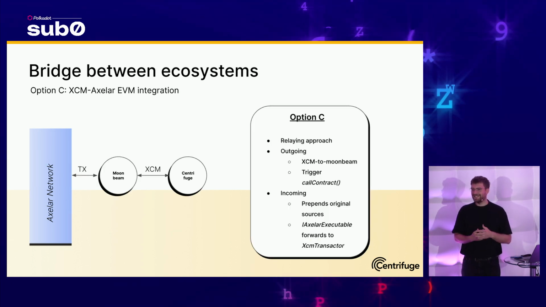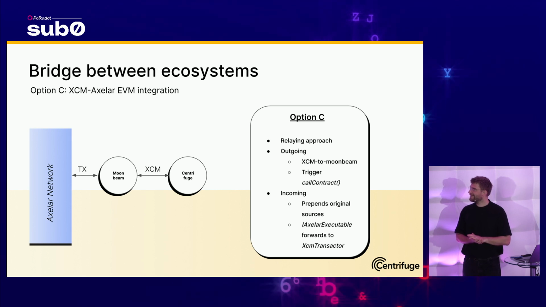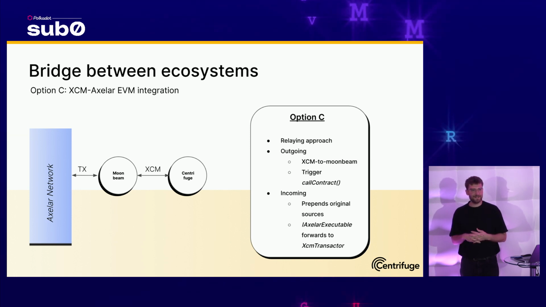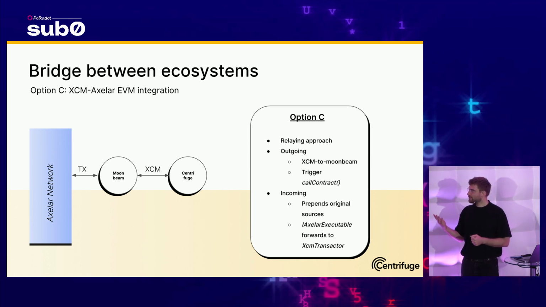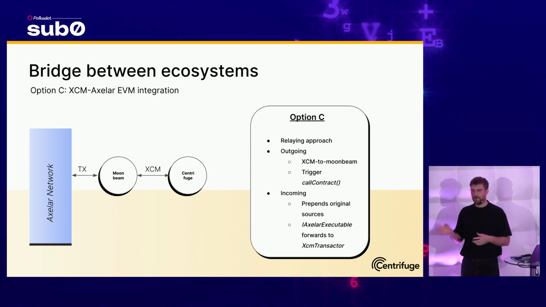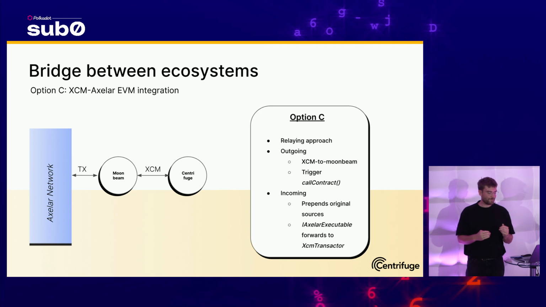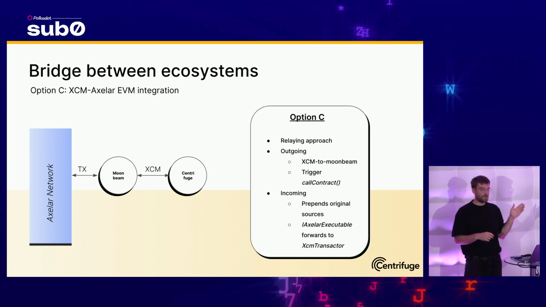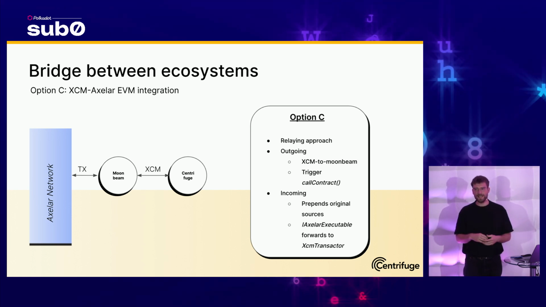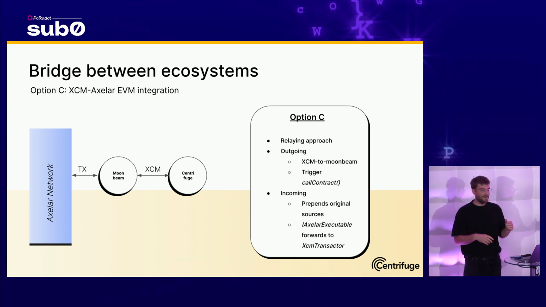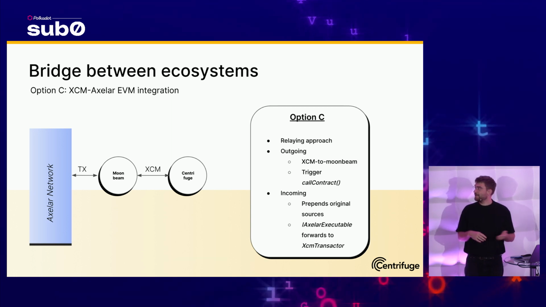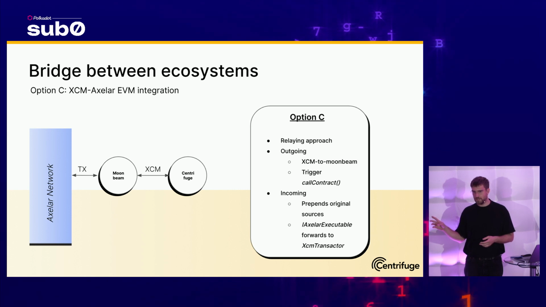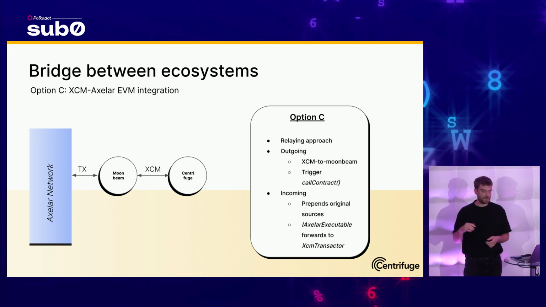And then the gateway takes care of the rest of the process. But yeah, as things never really go as you plan in the world we live in, especially with the, I would say, bleeding edge technology that we're using, our currently used solution, also due to timelines, but also as a fallback, is that option B works, but we know that we cannot deploy to mainnet on time. So option C for us currently is that Moonbeam already has an Axelar bridge deployed, which is working. So we are actually right now, other domains, let's say Ethereum, Base, or Arbitrum, they're calling the gateway contract on Moonbeam, which actually forwards to a contract that we deployed,